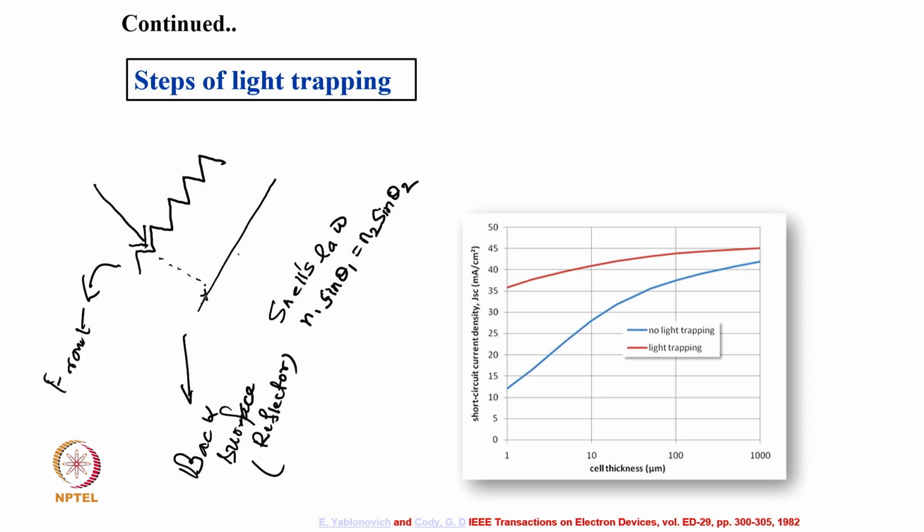So now you can see the top surface is textured and the bottom one also is textured. Okay. So now what happened? I make both the surfaces textured. So the bottom one also I make a sort of structure inside, and then what happens? Light falls here, it will be reflected here, then it will go here, and then again it will be reflected, go here, and reflected back here, reflected back here, and then after multiple reflections,